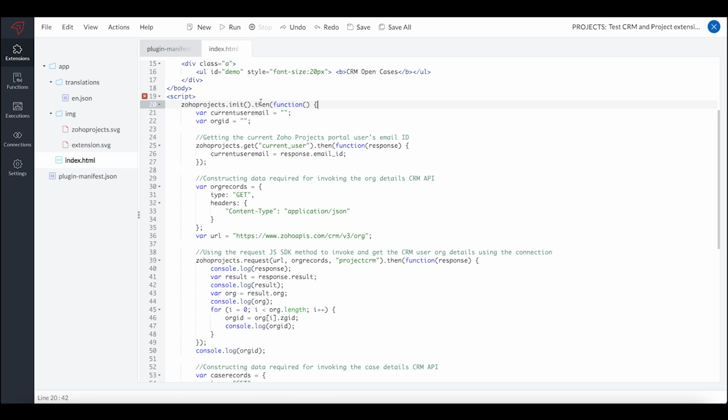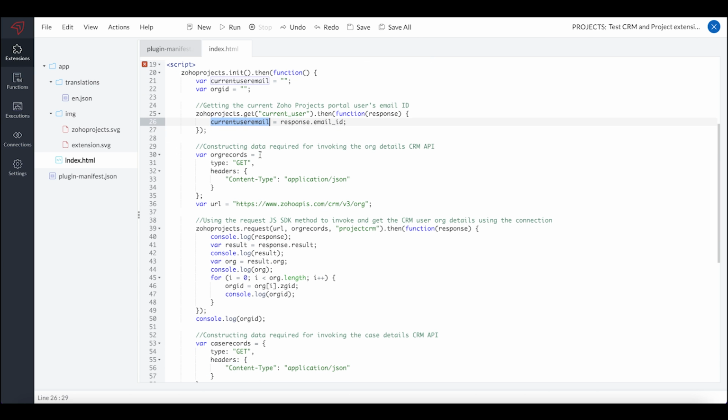After initializing our extension, the next thing is that we have used the getCurrentUser method in order to get the current Zoho Projects user's details, from which I have fetched their email ID and kept it in a variable called currentUserEmail. So this was the functionality of getCurrentUser.